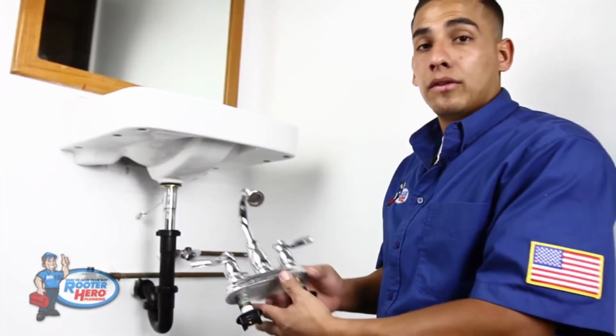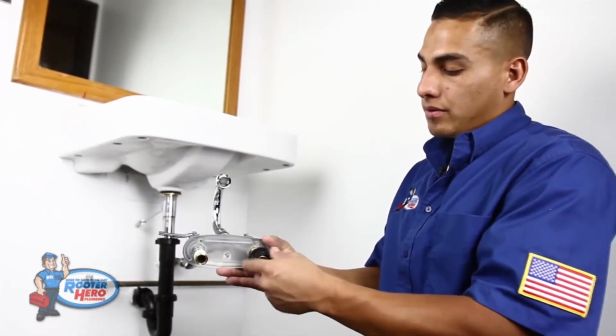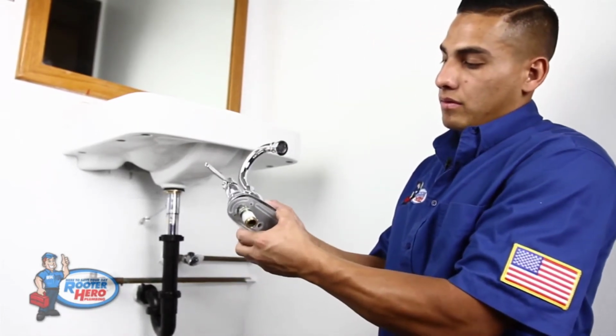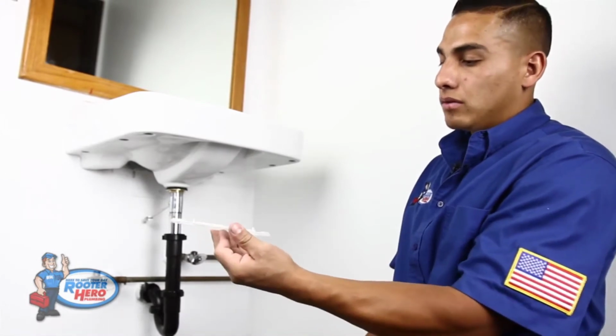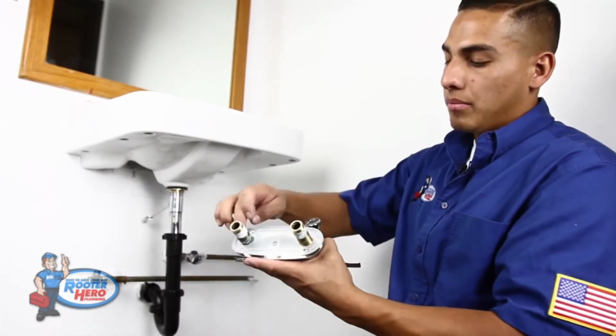Now we're going to go ahead and install the faucet. When installing the faucet, take these 2 nuts out. Every faucet's going to have something like this, a plastic seal. When you put it in, you want to make sure you put plumber's putty all around here, on